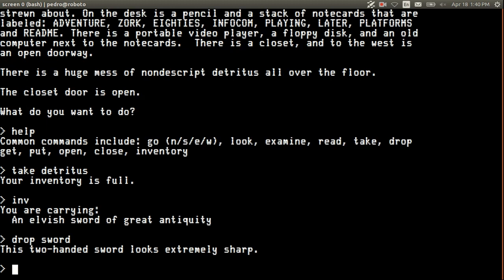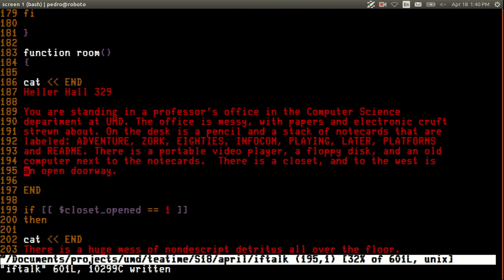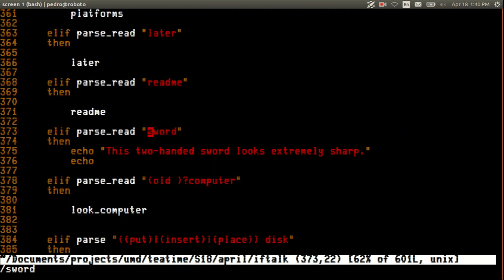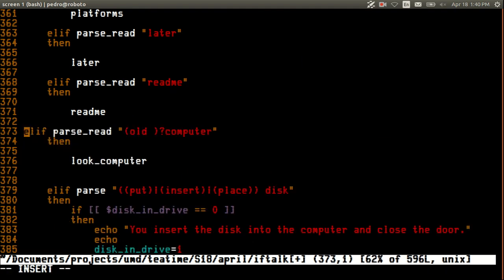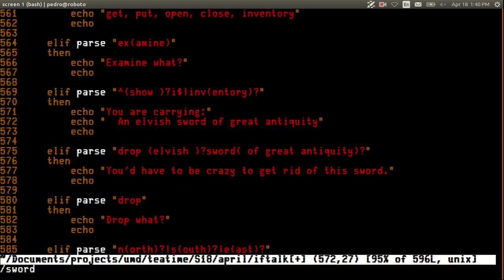Oh no! Okay, so there's a bug. Because of the way this works, the order of the if statements affects what you do. Okay, so let's do this.